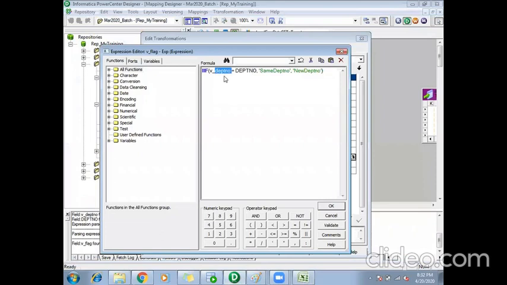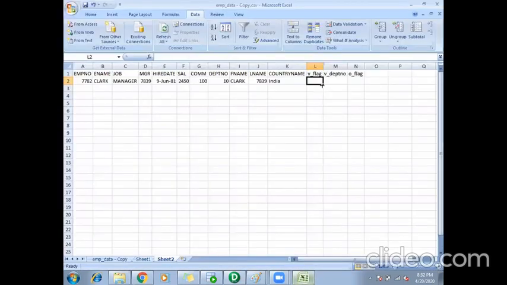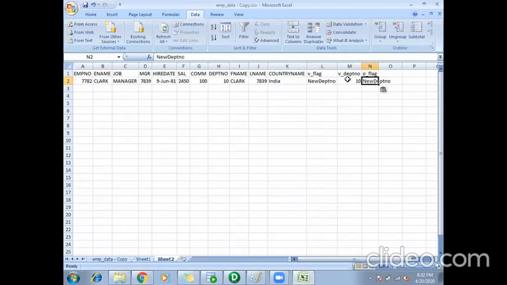If this condition is false, the IIF function will return the third argument value, new department number. So this will be saved in my V flag. Then I am assigning V department with the department number, that is 10. O flag equals V flag, that is new department number. So for the first record, this is how the ports will be assigned with values.